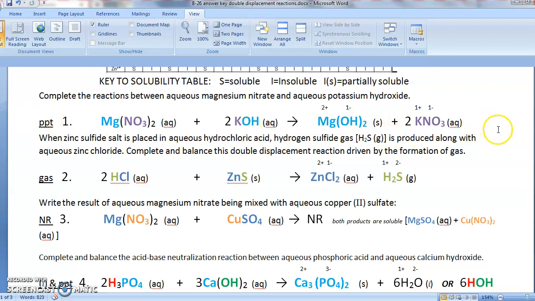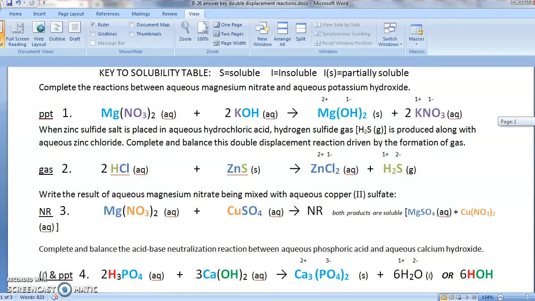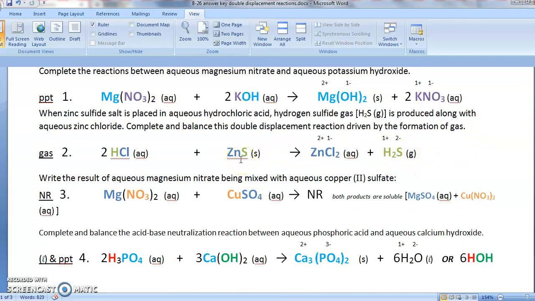In our next reaction, we are dropping a piece of zinc sulfide salt into an aqueous solution of hydrochloric acid. What's going to happen in this reaction? Again, we're dropping a piece of solid zinc sulfide into hydrochloric acid. Hydrochloric acid's always going to be 100% ionized in solution. It'll dissociate 100%. It's one of our 6 strongest acids, so we'll have H+ floating around and we'll have Cl-